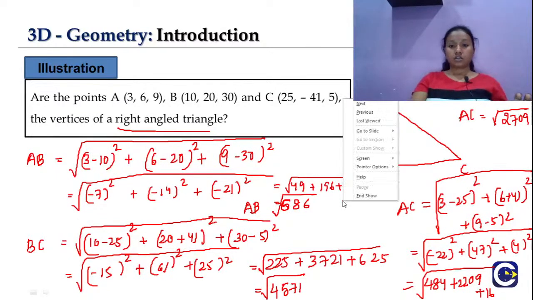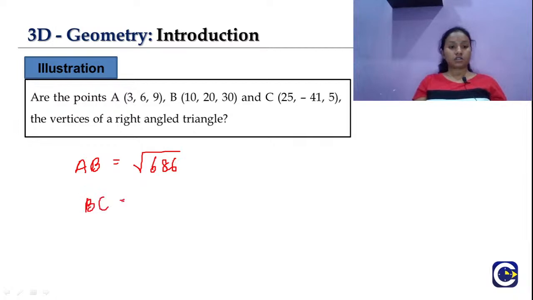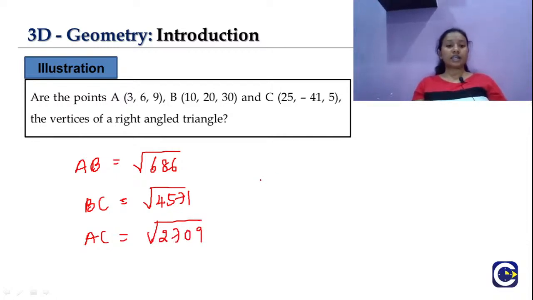Okay, let's write the distances here. AB is equal to square root of 686. BC is equal to square root of 4571, and AC is equal to square root of 2709. So according to a right angle triangle, which means according to the hypotenuse theorem, it should be AB square plus,